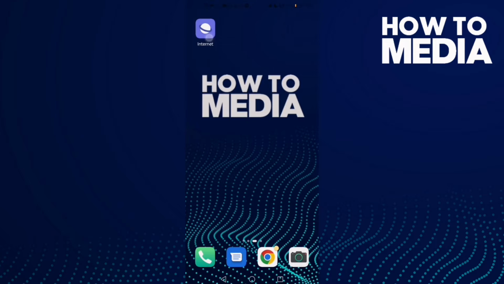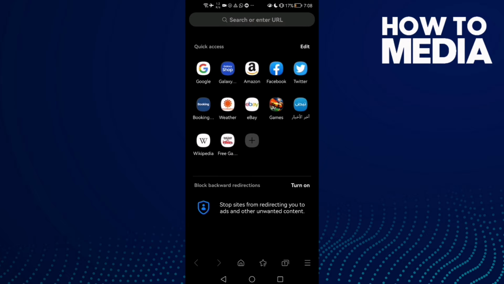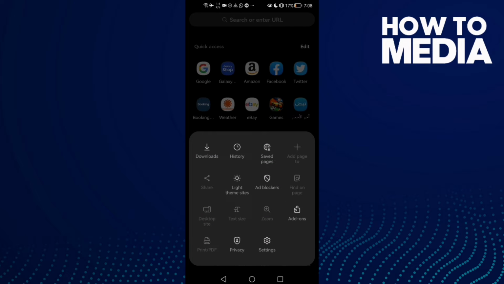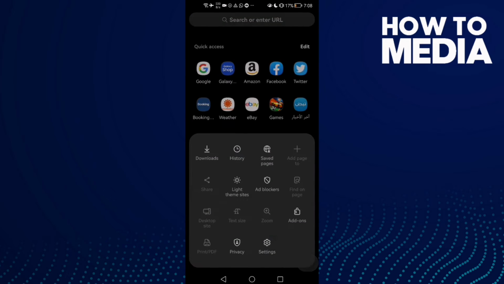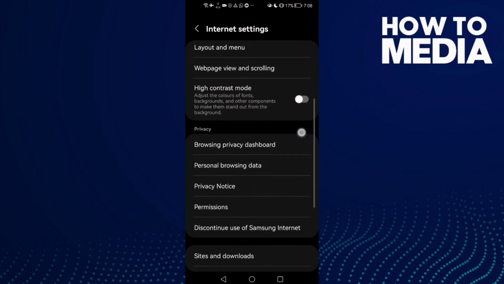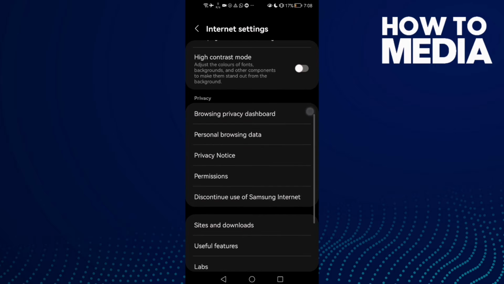First thing, go to the browser and here just click these three lines here in the bottom corner, and here you will find settings. Click on it and then click settings and scroll down until you find browsing privacy dashboard. Click on it